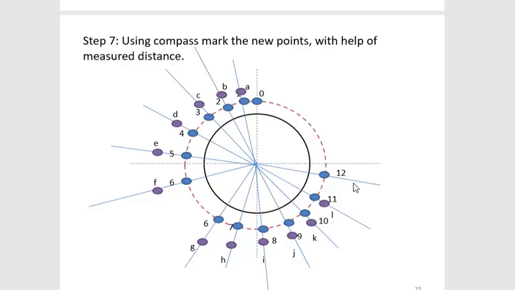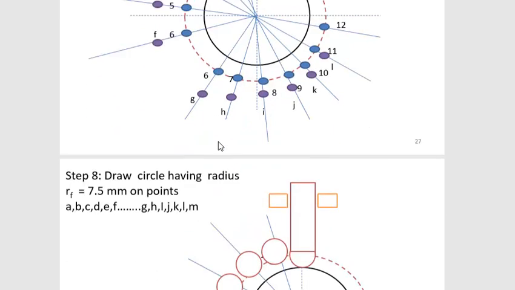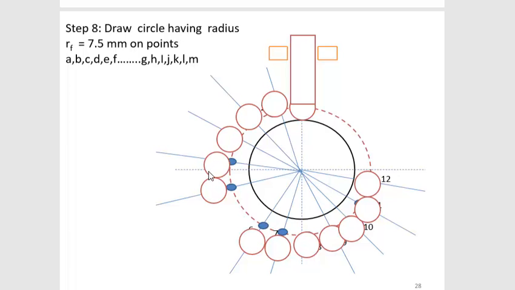You can see that I have got 2 points here as earlier. I have got the point A also and I have got the point number 1 as well. So A, B, C, D are the newly generated points depending upon the earlier points 1, 2, 3, 4, and so on. The next step is I will draw an arc or a circle keeping my center at A, B, C, D, E, F, and so on.